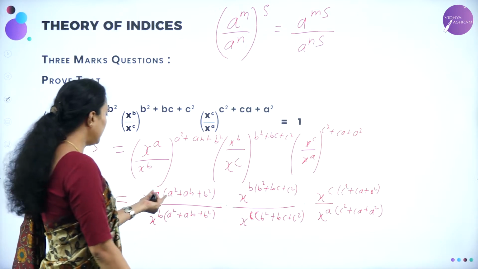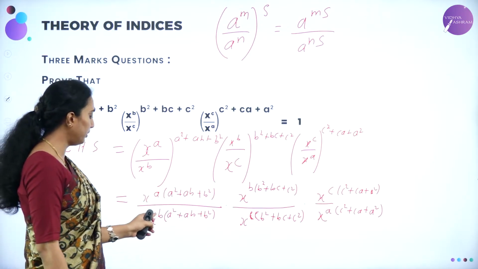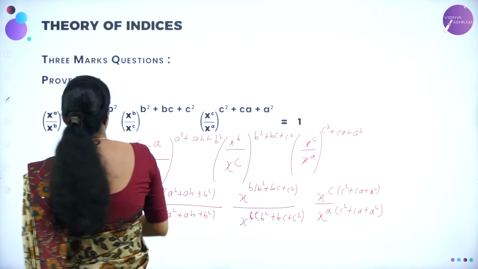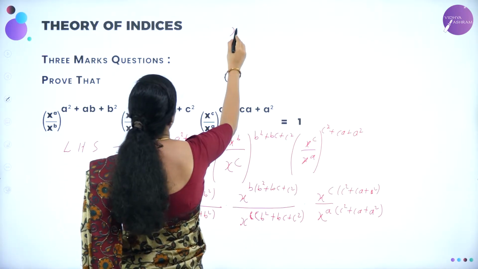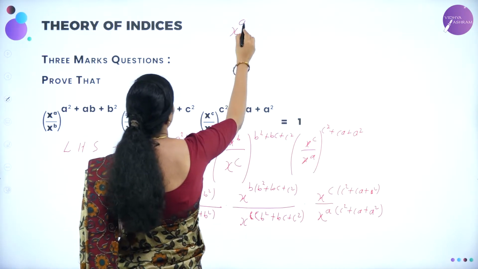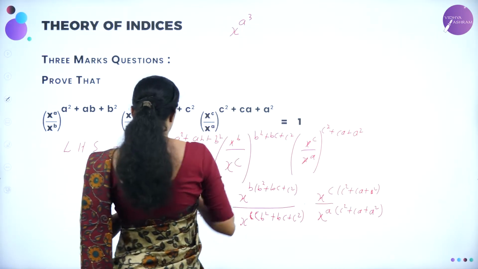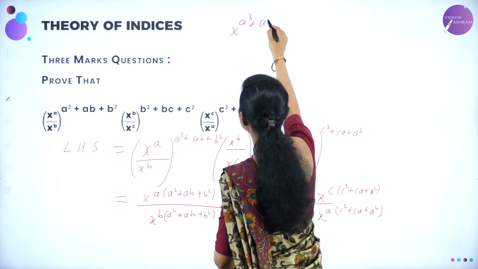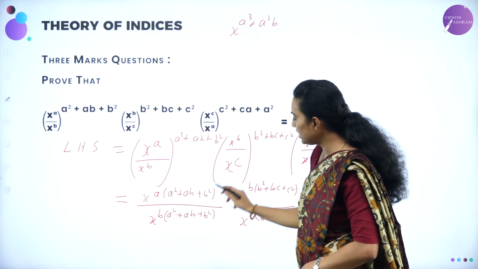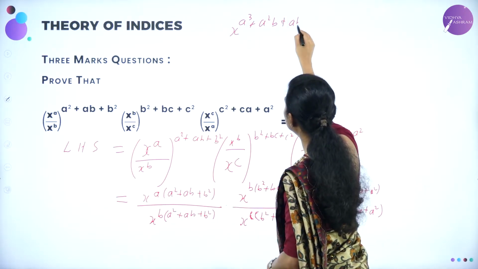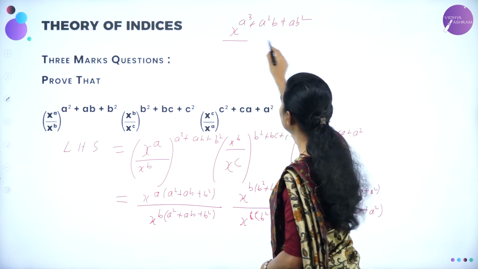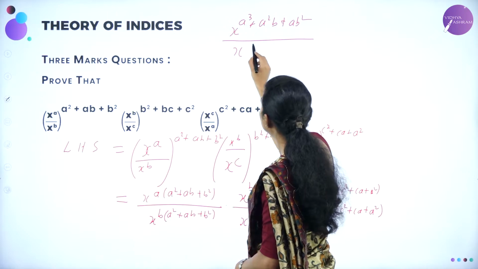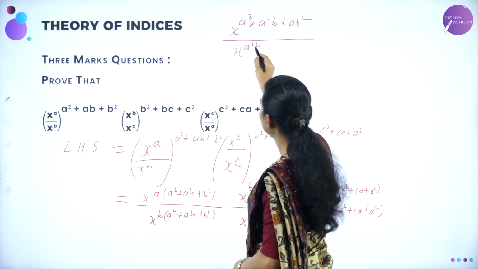So this I am going to multiply. Numerator a will be inside, b will be inside. So what will it become? You are going to write it as x to the power of, a into a is a cube, plus a into a is a squared b, again a into b is ab squared, divided by b into a is ba squared, ba squared or a squared b, correct?